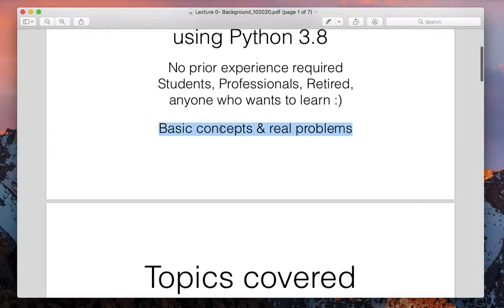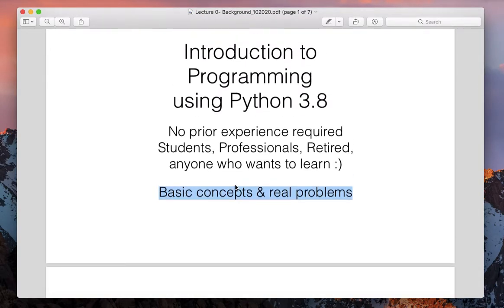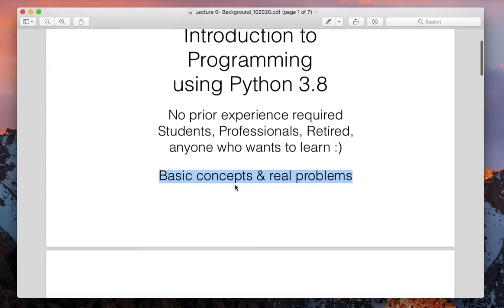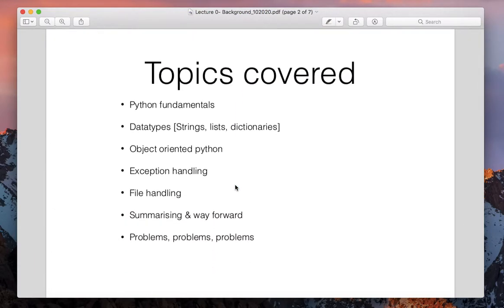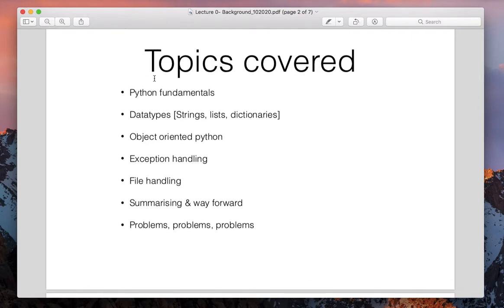We'll go over the basic concepts of programming and of Python, the fundamentals, and also we'll try to do certain problems so that you get a real feel of what exactly programming and coding is, and then you can build up from there. So the topics covered in this video series will be Python fundamentals, which will be like fundamentals of any programming language, right? And then we'll also go over the different data types which are there in Python, which help you manipulate data, which help you do your tasks, right?